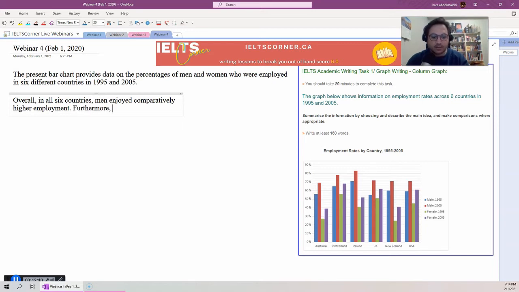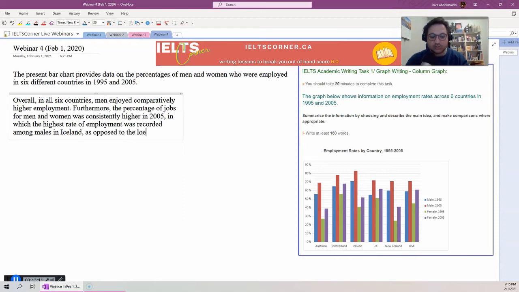Furthermore, the percentage of jobs for men and women was consistently higher in 2005, in which the highest rate of employment was recorded among males in Iceland. Okay, so that's the other one. Let's add, as opposed to